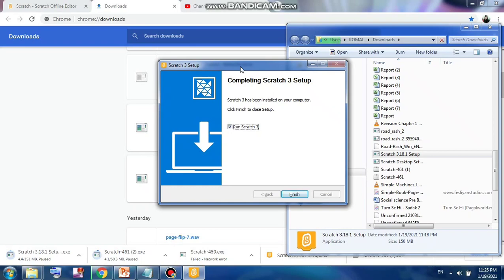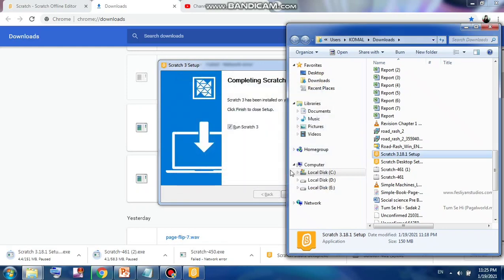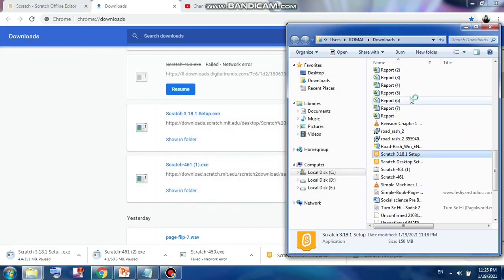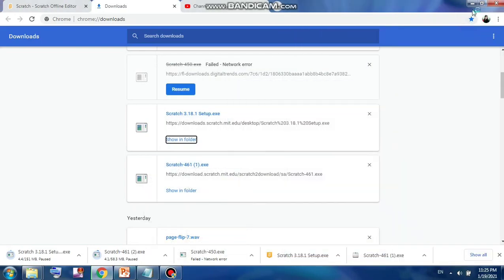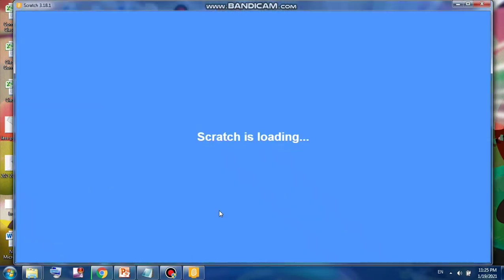Once the installation is complete, you will get a window like this, Completing Scratch 3 Setup, and then you will click on Finish. After clicking on Finish, Scratch is installed. Now I will minimize everything and now you will see that Scratch 3 is loading.